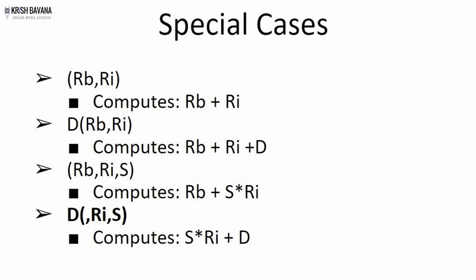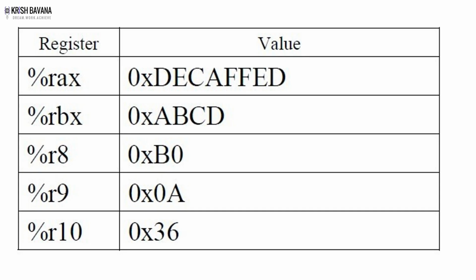Or, for example, if we have a D value outside and then we just have 2 values but with a comma in front of it, we multiply the 2 values inside and then we add it to the D. So these are the special cases. Most of the time they will give you the value or the address associated with it to multiply it or to understand how to compute it.